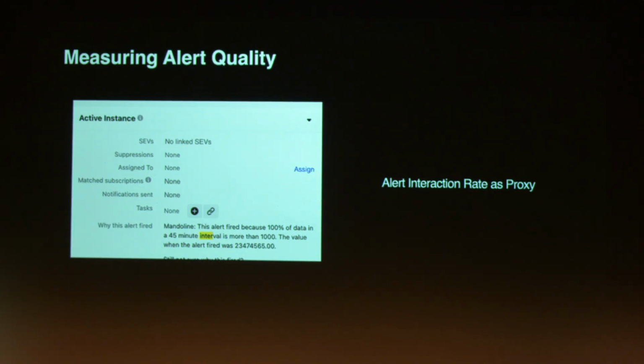And for the last one, alert quality, alert metrics and dashboards, we actually started digging deep into what we can do for our alerts to make sure they are actually good and useful. And we started coming up with terms in terms of what makes an alert useful. So we said, if an alert is being interacted on, that is, if an alert creates a task, if an alert gets suppressed, if an alert gets acted on, it's a useful alert. So starting from there, we built upon the dashboards and the metrics, and we told people, you have some alerts that you do nothing about. So that also helped with the unstructured way of setting up monitoring.